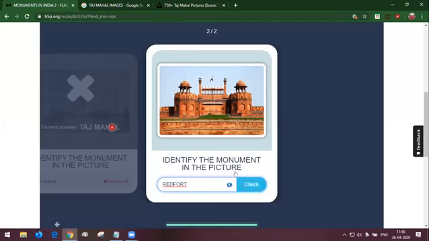You can now see here a new icon came, which is information, the tool where we enter tips. This is the clue for the student. You can also give the clue as 'give space between the words'. Like that also we can give the clue here. If I have given 'give space between the words', the student may be aware that he should separate red and fort. So Red Fort. Now I am giving Red Fort.